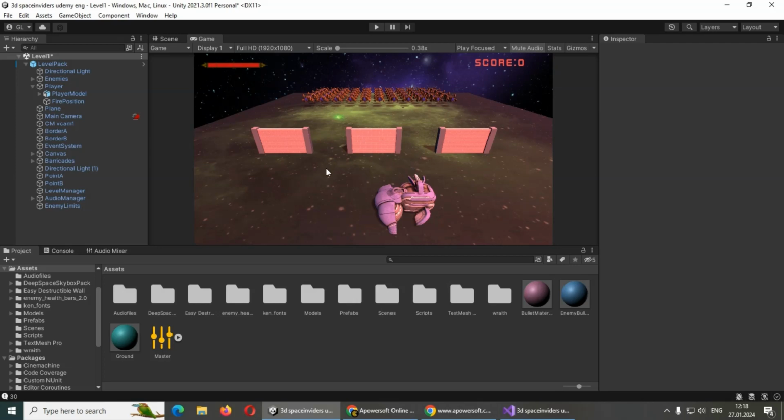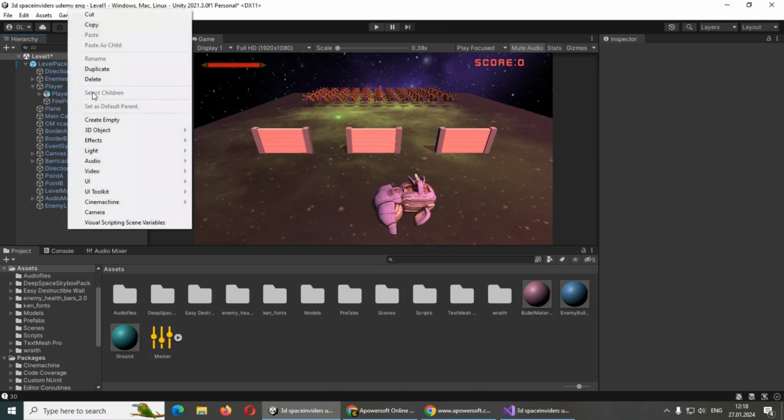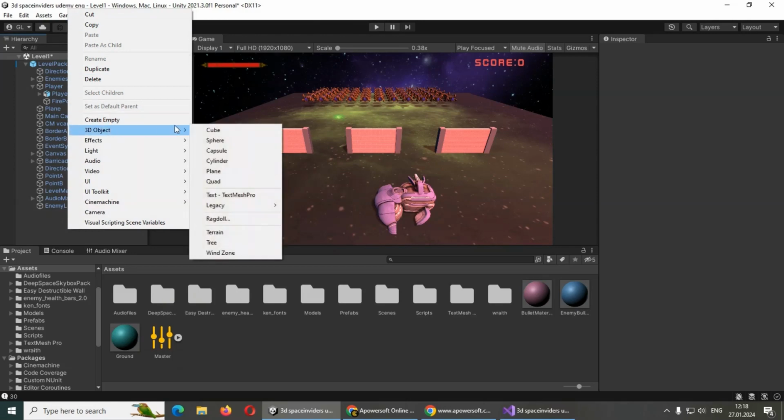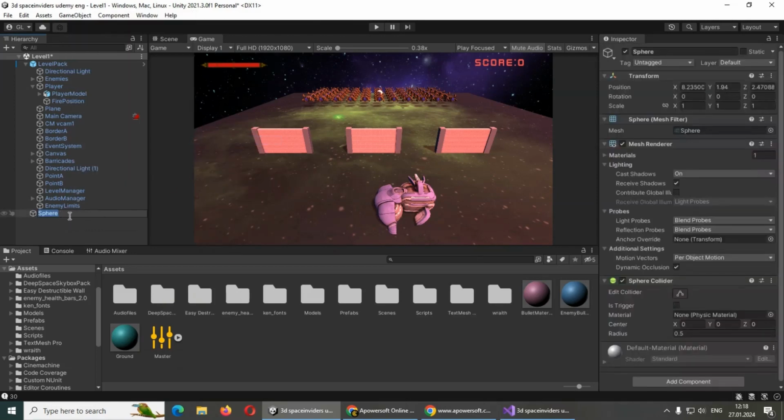So let's start working on the first part. For the first part, we will need some actual bullet model, and you might have any assets you like for your bullet. Maybe you have a rocket or something else, but for simplicity I'm going to use just Unity's default sphere. To create the sphere, you just need to go in the empty space of the hierarchy, right click, 3D object, sphere, and let's call this sphere